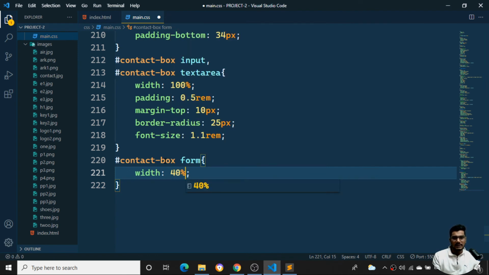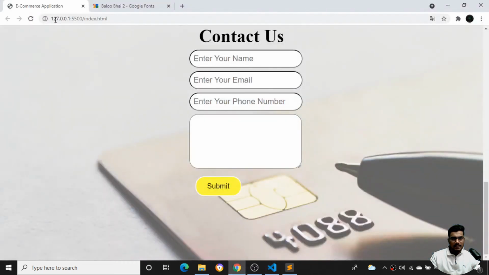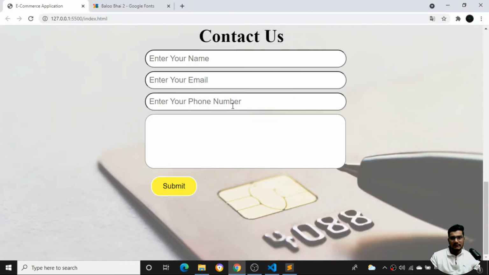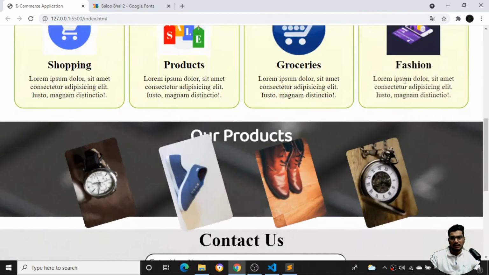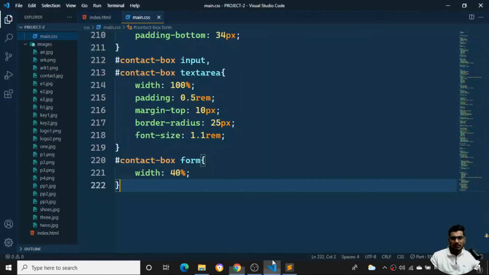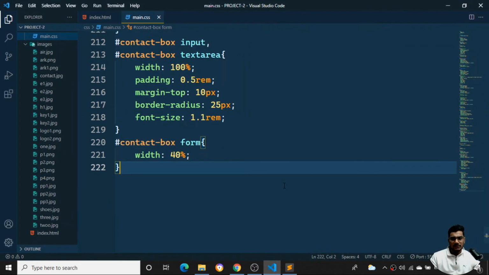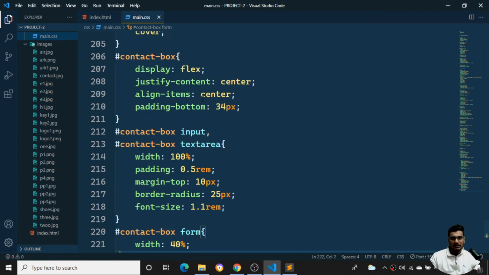If I come back here and refresh, you can see the width has been set to 40%. Now it is looking a little bit fine compared to before. So we have completed the contact box also here.